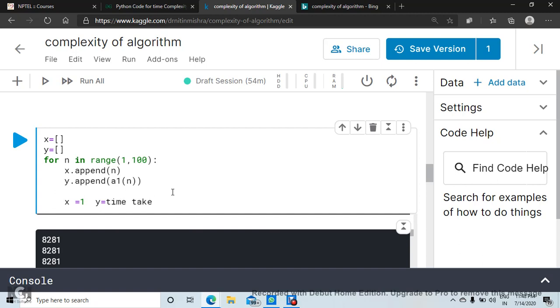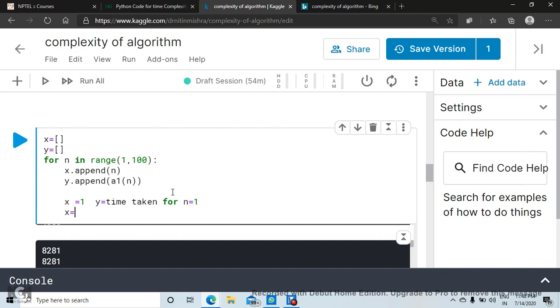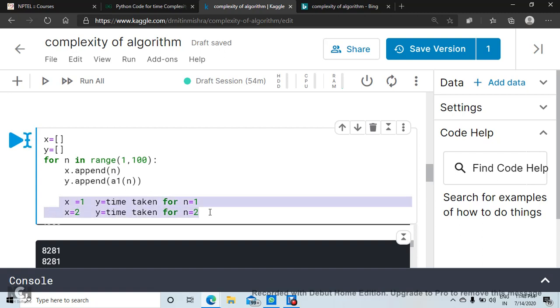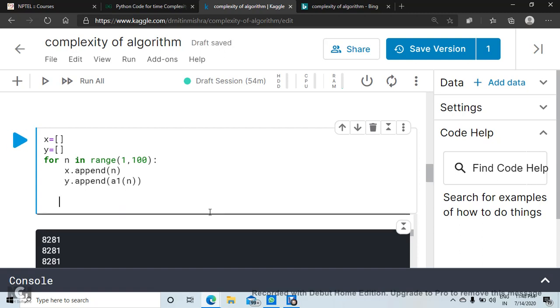Okay, x will have, for x equal to 1, y will have time taken for n equal to 1. Okay, for x equal to 2, y will have time taken for n equal to 2, and similarly it will go till 100, and then we will plot and see whether this is having linear time or not.